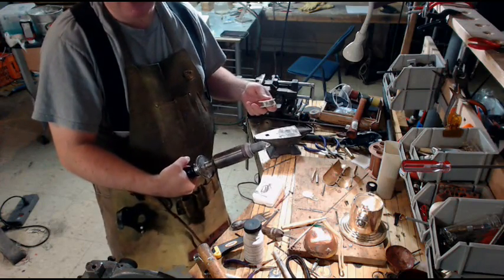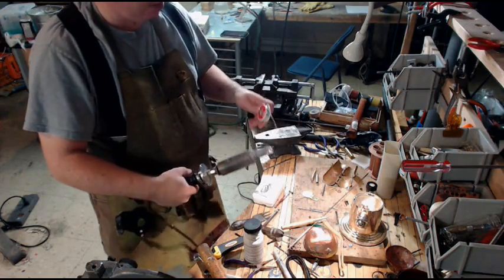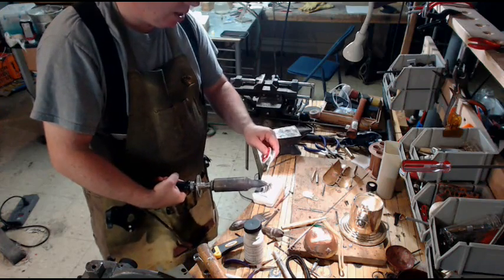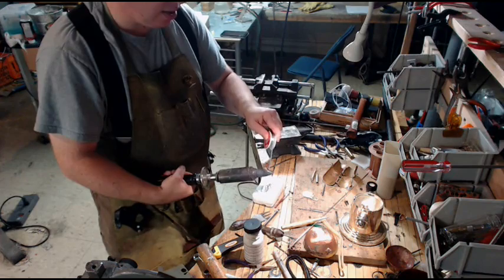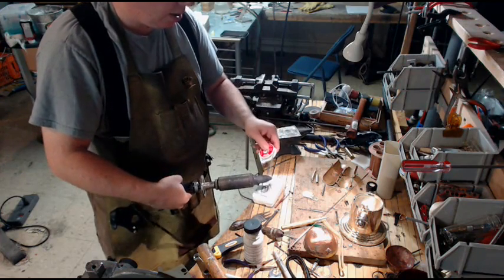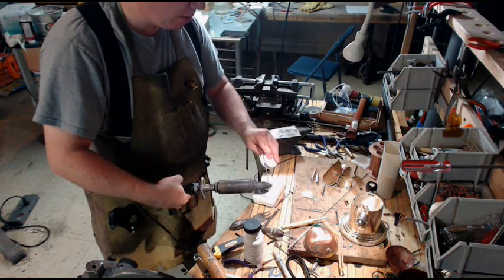The solder melts at like 500 degrees. This thing's like 900. It burns you instantly. So you have a dirty soldering iron. It doesn't transfer the heat to the metal very well. So what I'm going to do is I'm going to put a little bit